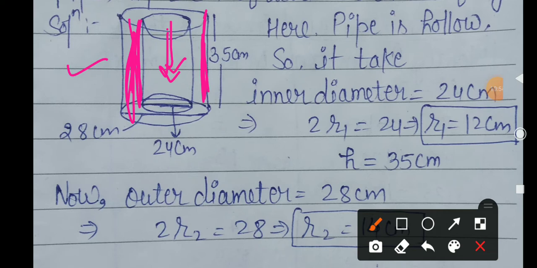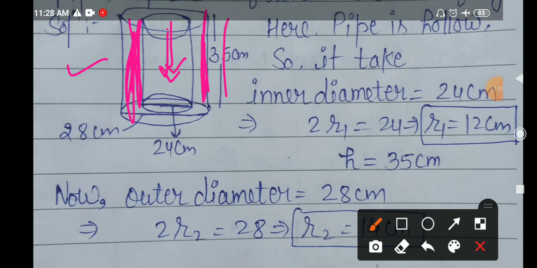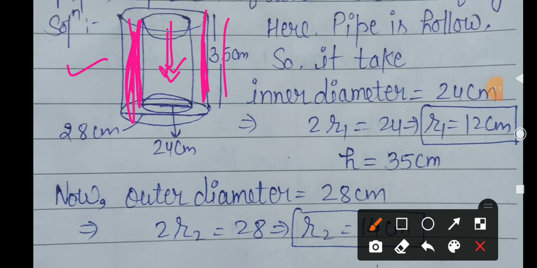So this is in the form of a hollow cylinder, and this hollow cylinder has an inner diameter, an outer diameter and a height. The height is the same for both cylinders, because there are two cylinders. The first cylinder is your outer cylinder and the second is your inner cylinder. So the inner cylinder has the inner diameter and the outer cylinder has the outer diameter. Do you understand these things?